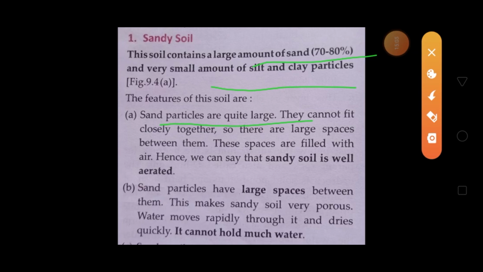These large spaces make sandy soil very porous. This is the reason sandy soil cannot hold water. It releases water, it cannot hold water.